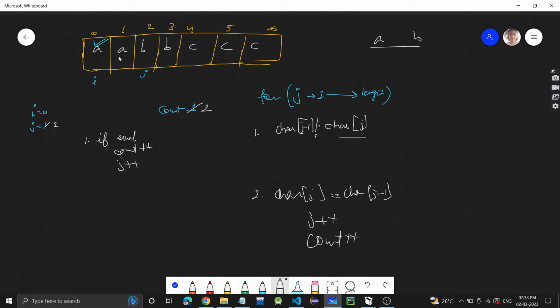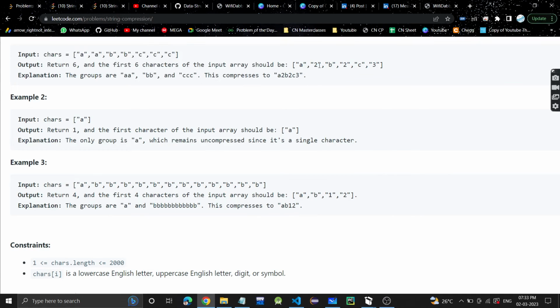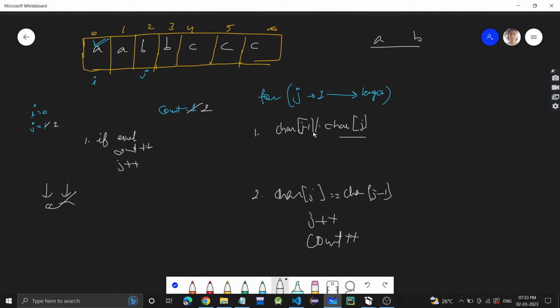Now what we will do? We will store the previous character and its count in the array. This is how we want, right? The previous character and its count. So if they are not equal, first of all, in character of I, which will be used for the final output array, we will store the character j minus 1, whatever the previous character was, that is a. Here there is already a only, but still this gets replaced and a will come here. So here the new character will be a.